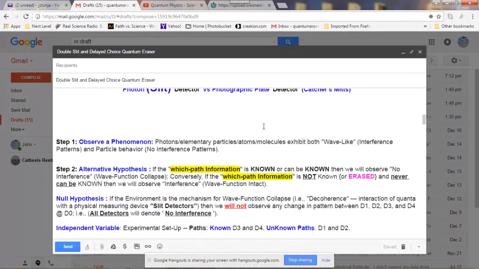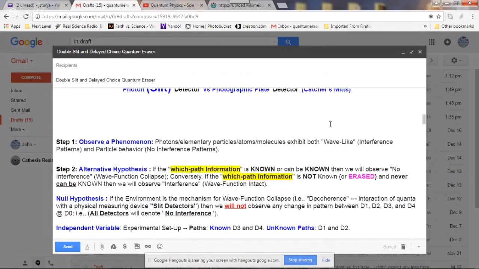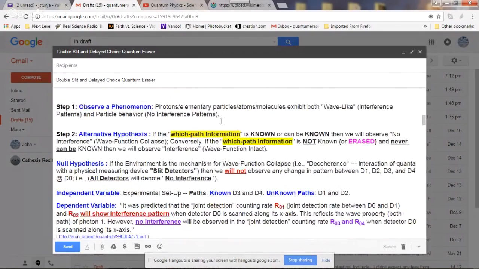So to resolve the situation, the quantum eraser experiments were designed to settle the question on the mechanism of wave function collapse. It had to take some time. In fact, it took until the year 2000 to get enough technology and the wherewithal to do the experiment. So let's go through the scientific method. Step one, observe a phenomenon. Photons, elementary particles, atoms, and molecules exhibit wave-like behavior, that's interference patterns, or